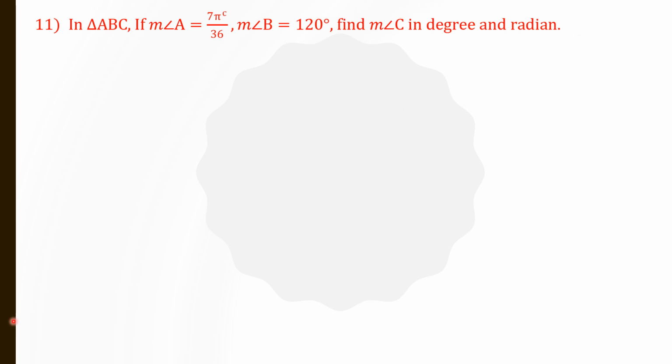Here we have to give triangle ABC. In triangle ABC, angle A and angle B is given. Find third angle C. Here, angle A unit is in radian, angle B in degree. Therefore, for simplification, convert angle A in degrees. Then we know that sum of the angles of a triangle is 180 degree. Using this result, find measure of angle C.